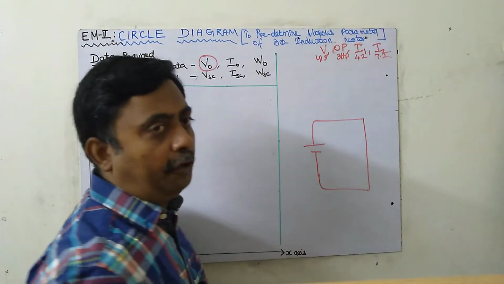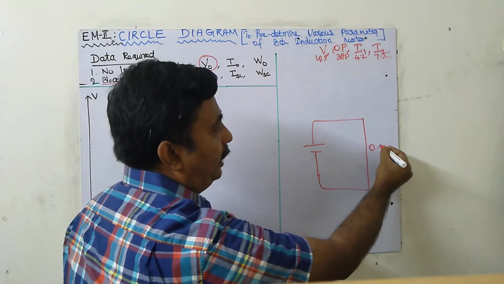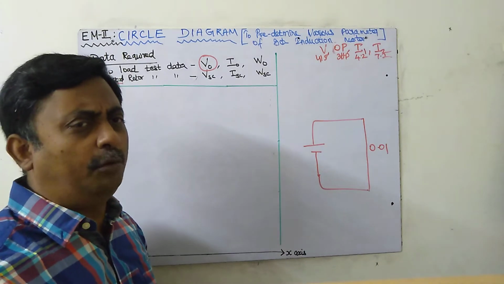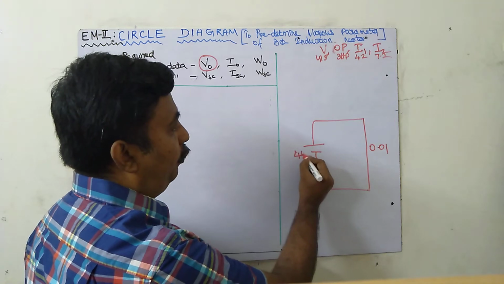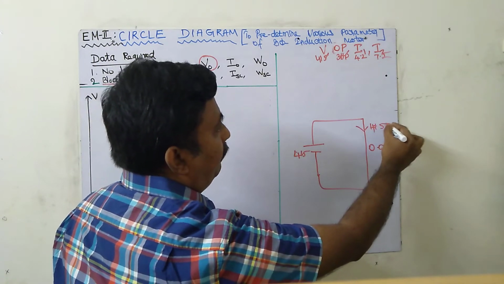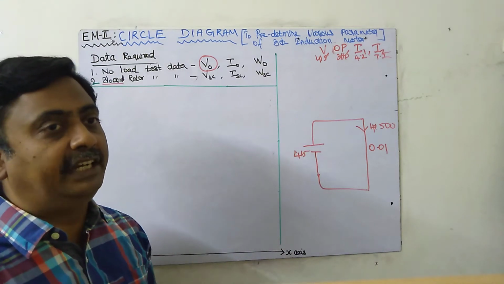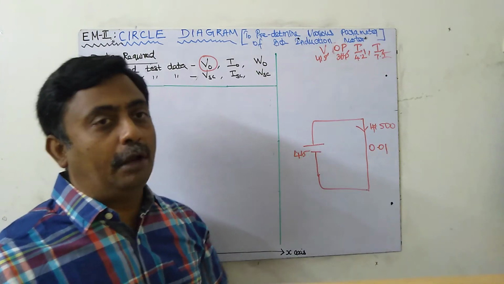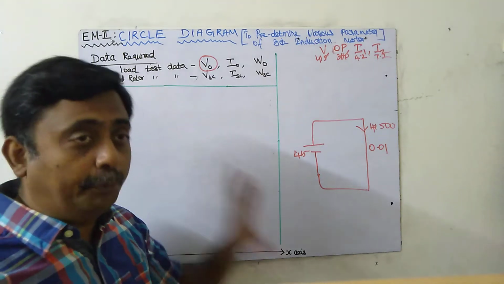Okay, in the short circuit, what will be the resistance? Resistance will be almost 0, otherwise 0.01, depending upon the resistance of the wire. So, what will happen if I give rated voltage? If I give 415 volts, the current will be 45,000 amps. It will flow through this, and this will damage the parts. That means heavy current will flow during the block rotor test. So we should not, but I need to perform this experiment.